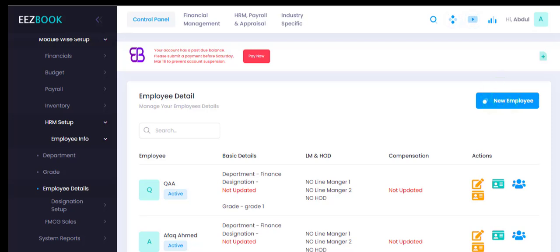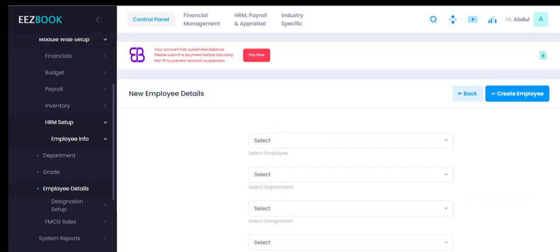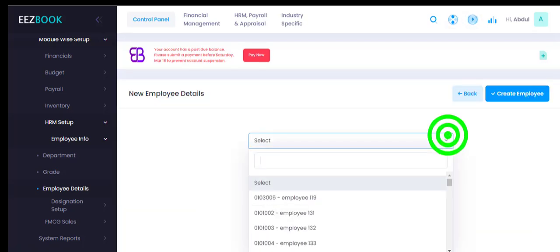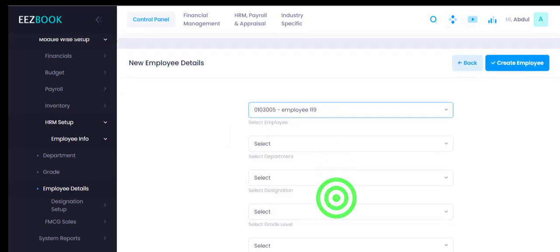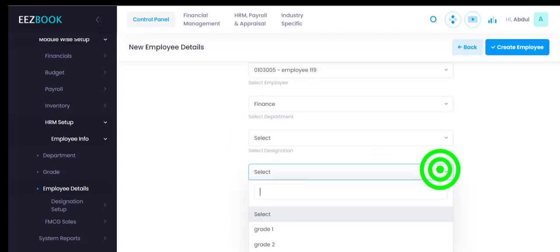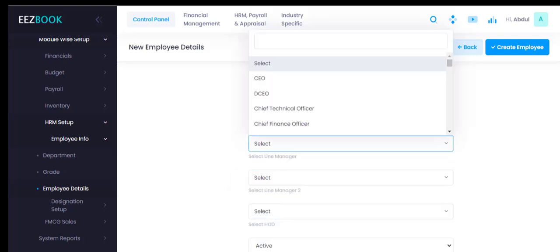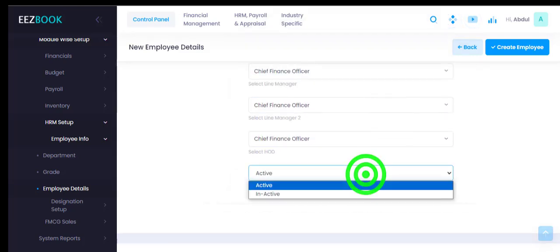If the user wants to add a new employee, then click to New Employee tab. To set up a new employee, begin by selecting the Employee option. Then choose the department, designation, and grade level. Following that, select the line managers, both Line Manager 1 and Line Manager 2, as well as the Head of Department, HOD. Lastly,